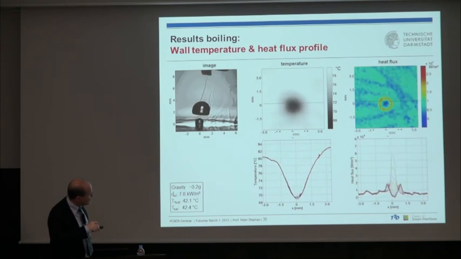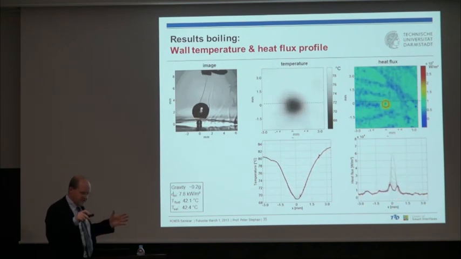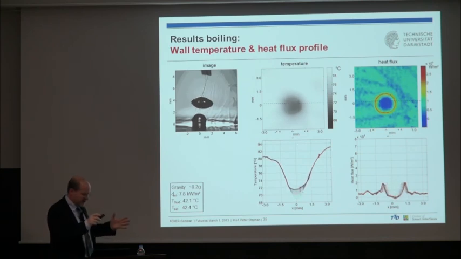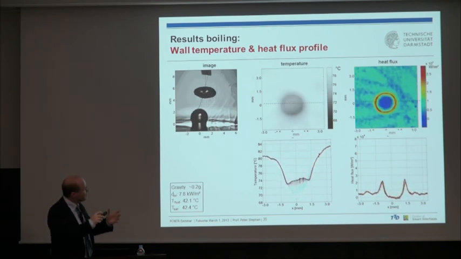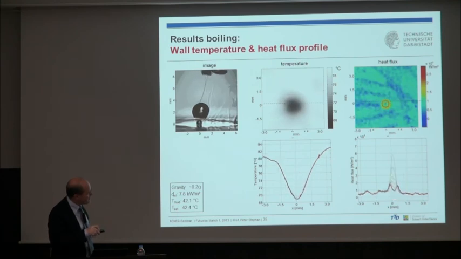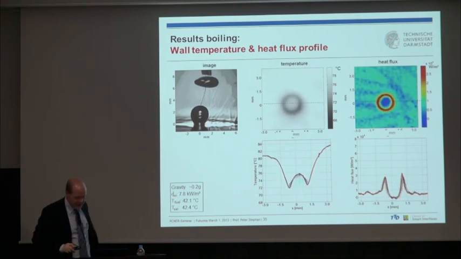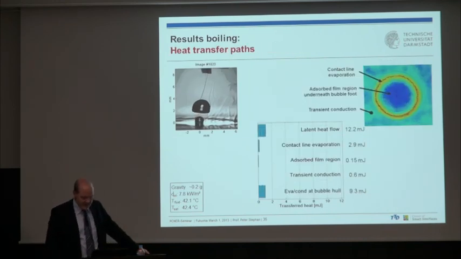Then we have a minimum ring-shaped temperature area, a cooling area here near the contact line, specifically very strong cooling when it goes from the growing phase into the detaching phase. And just qualitatively in the opposite direction, we have a maximum of evaporation rate, or maximum of cooling rate, heat flux here in this ring-shaped area.